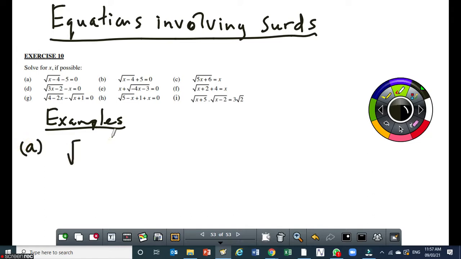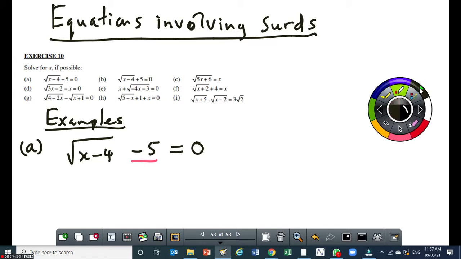Okay, so we have the square root of x minus 4, minus 5, equal to 0. Now, I want you to be aware here that this minus 5 is outside the square root sign. Okay, it is outside the square root sign. All right, so